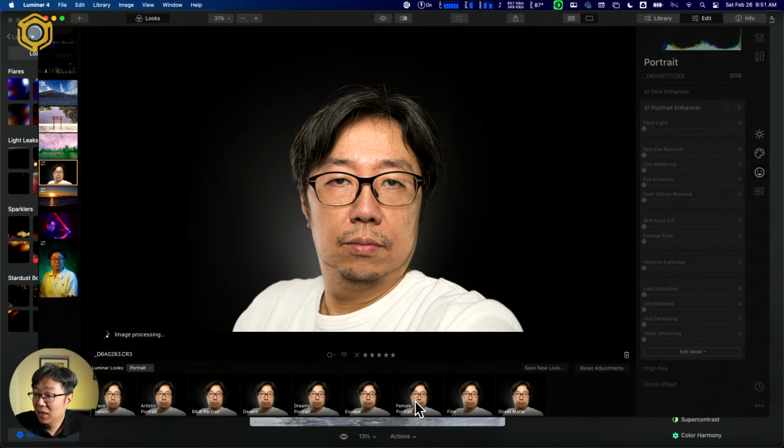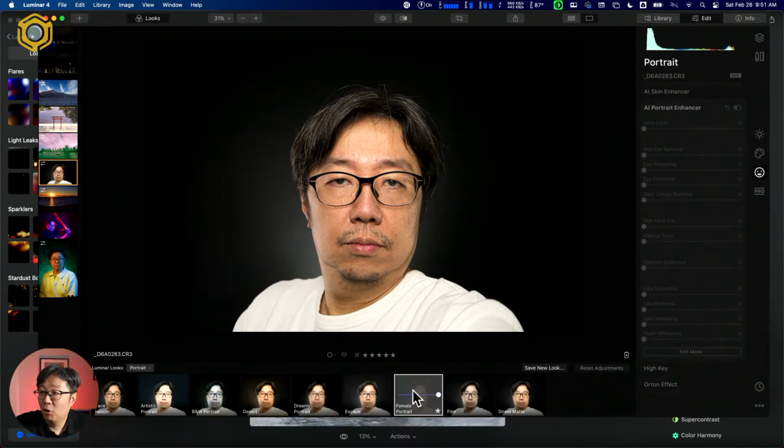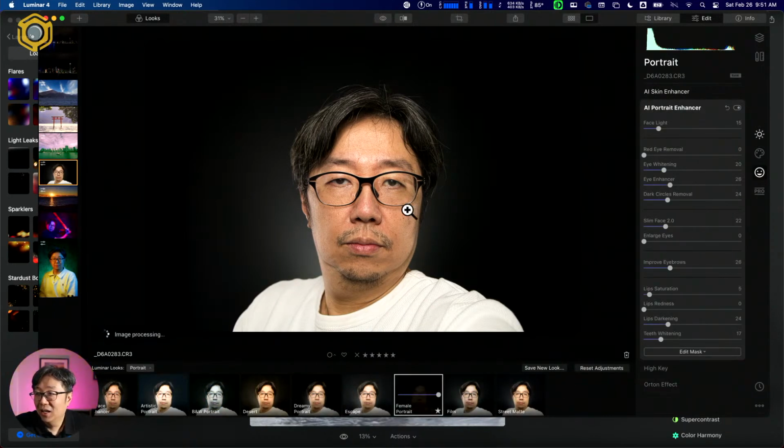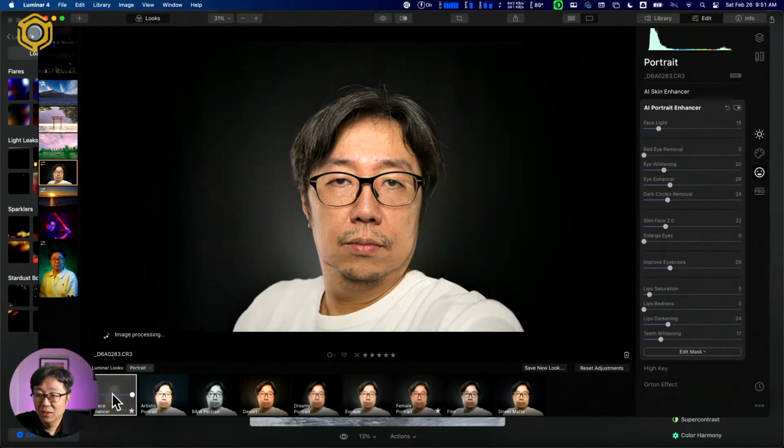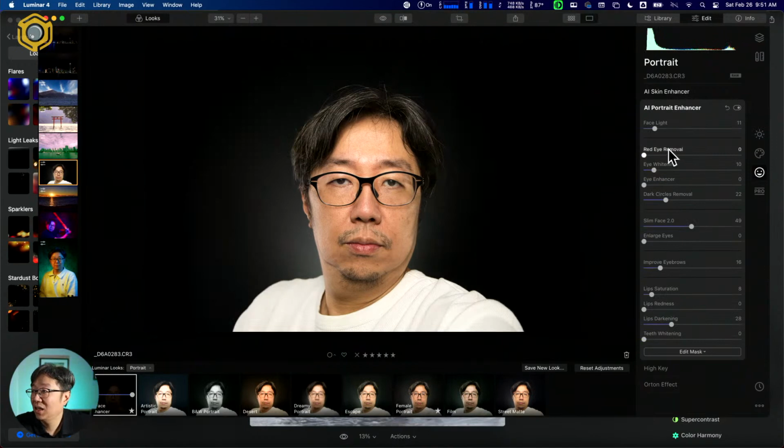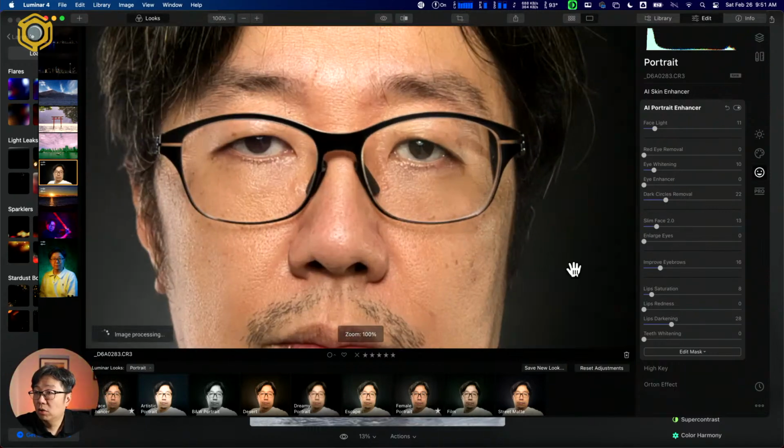And there are some preset female portraits. There's a color AI face enhancing the skin, everything, even making me more skinny, dark circle removal, skin enhancing here,